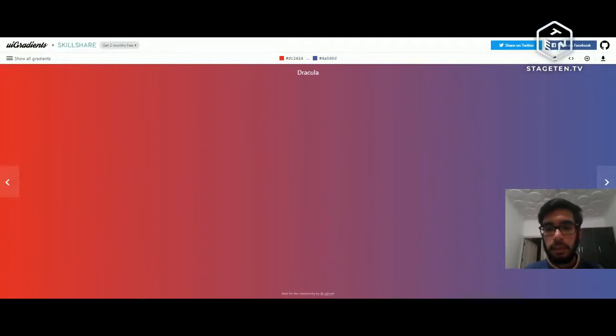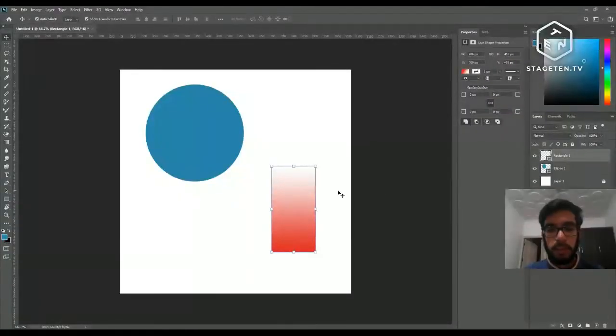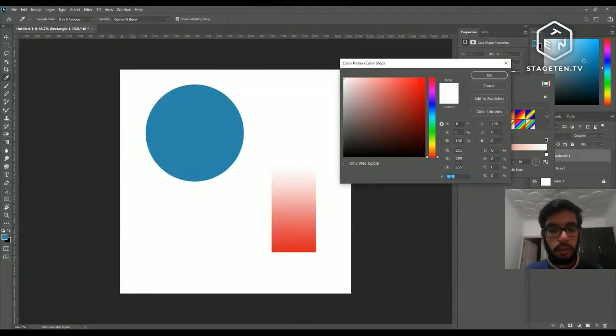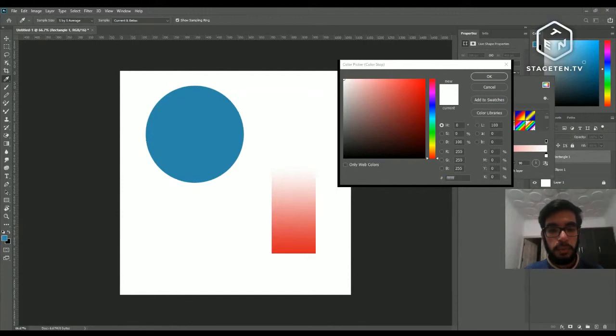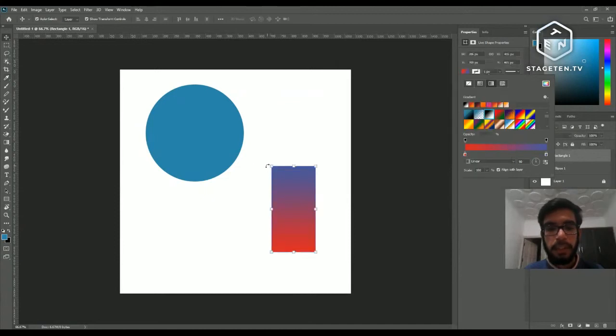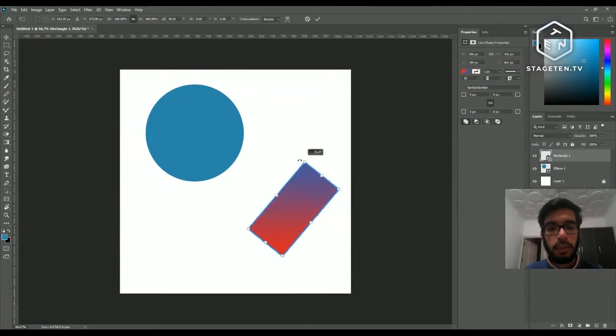then I go to its gradient, this one. So first color of the gradient I want it to be this, and the second color we want to be from it. So you see we have copied the Dracula by copying the hex code of colors,